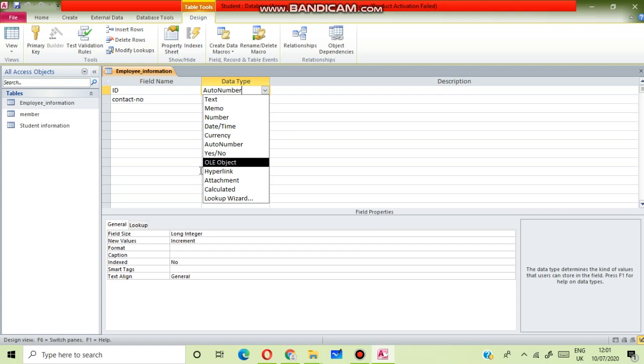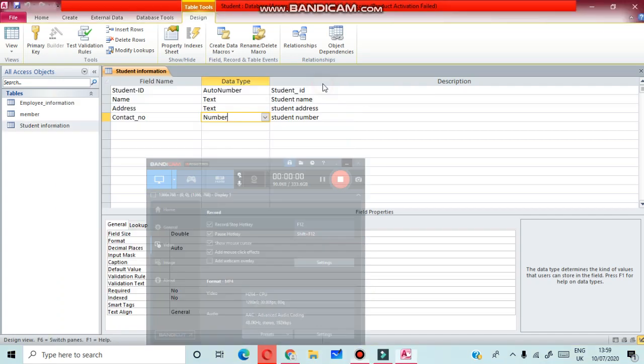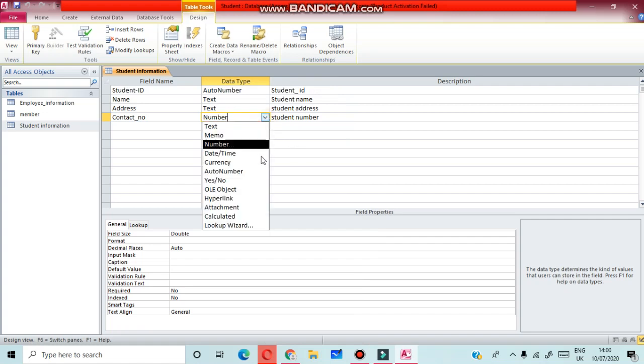Next, calculated field. This field type is new in Access 2016.